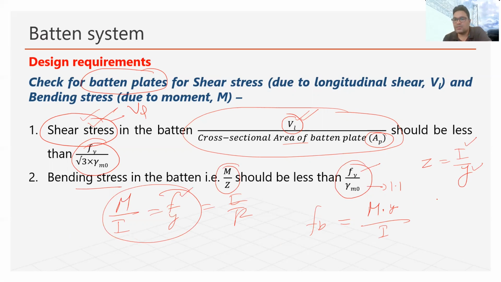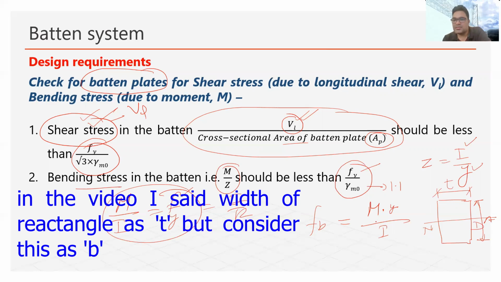I'm taking an example of a rectangular beam. In that case, this is the neutral axis, this is the depth, say D, and this I'm taking as, say, T, the thickness. If we have to find the moment of inertia about this neutral axis, then it would be